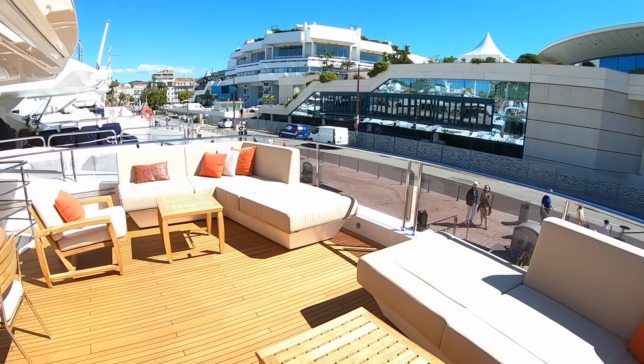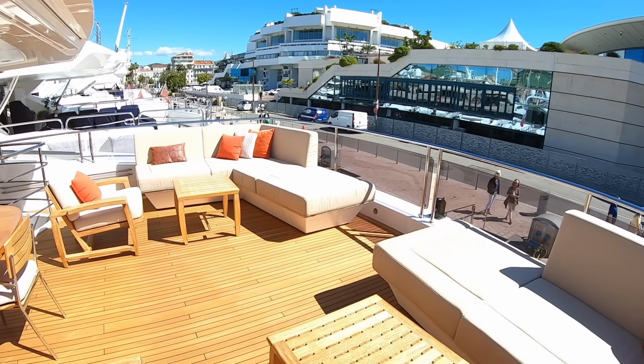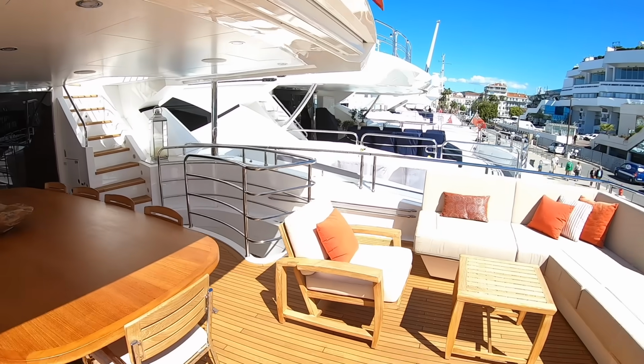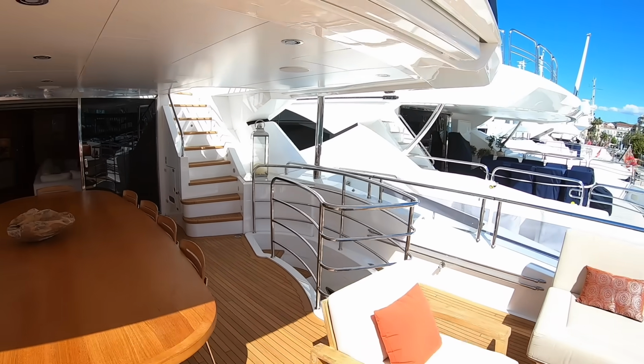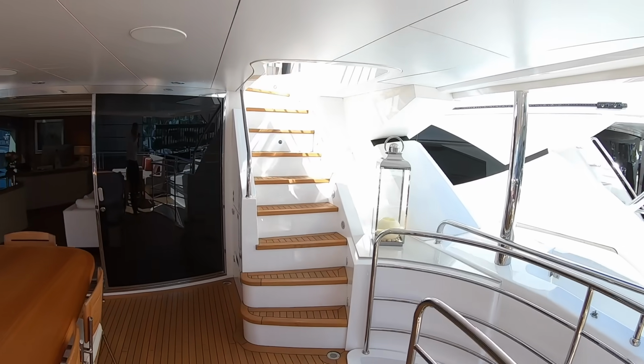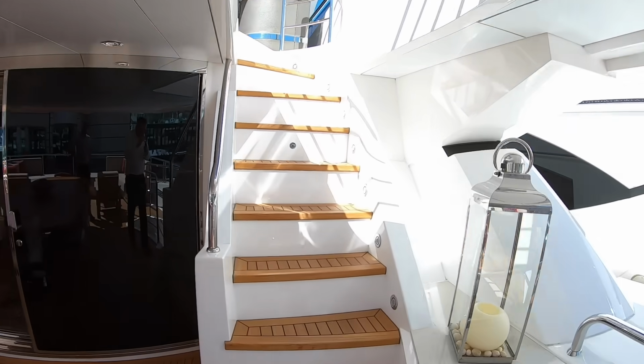So if you're in really hot weather and you want to be able to shade this area, you can certainly do it. But of course this isn't the main outside sunshine area, because there is a sun deck up above this. This boat goes on and on. So if we head up this stairway over here,